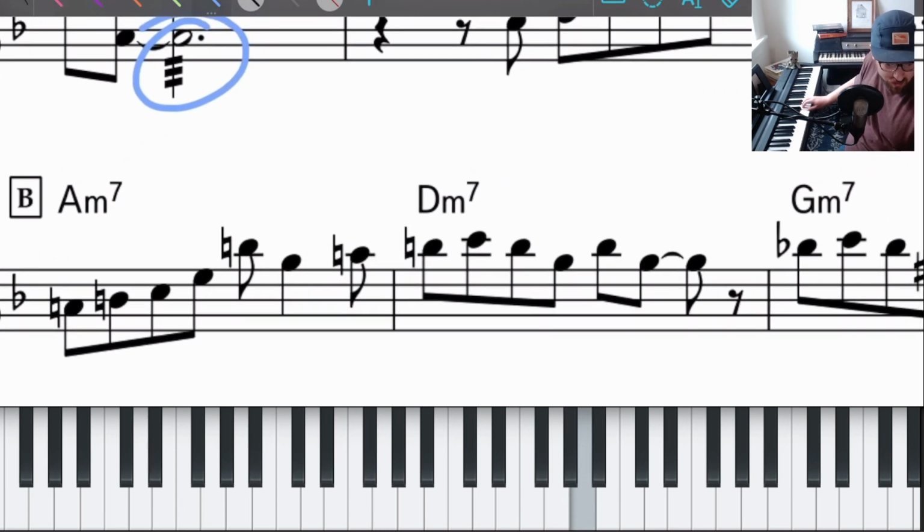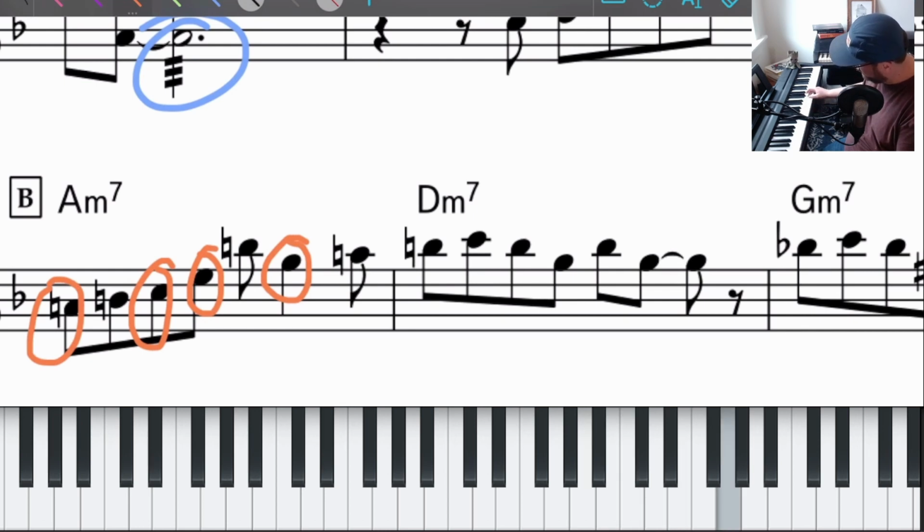And then this is all, if you look at the chord tones here, this is a chord tone, this is a chord tone, and this is a chord tone, and this is a chord tone. So we're basically alternating between chord tones and non-chord tones. Really nice little melodic fragment there. I like this line. So kind of moving sort of like an arpeggio up to the 9. And then